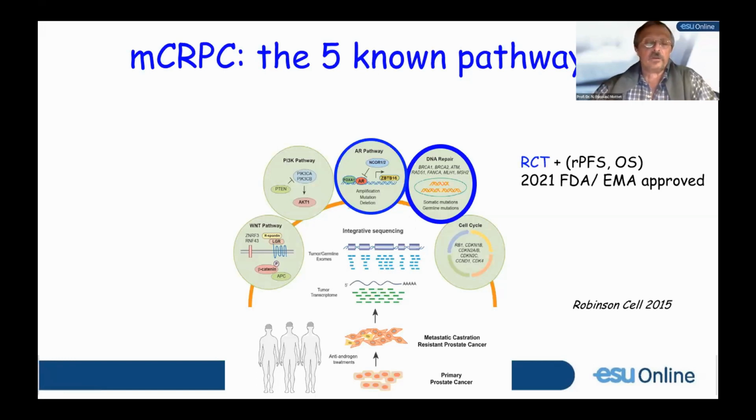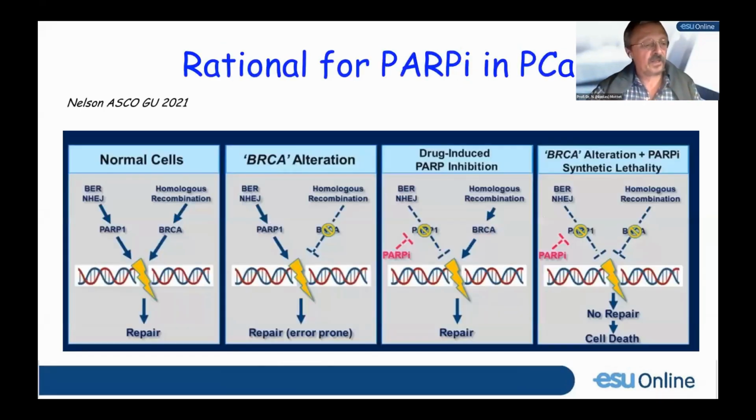Everything I will show you is based on trials. And now we have available one large randomized controlled trial, you know it. And as you know, there's one drug that is EMA approved, and a second drug that is also FDA approved. I will mostly focus on the one approved in Europe. The rationale to use a PARP inhibitor, if you listened to the previous talks in this series, is as follows.